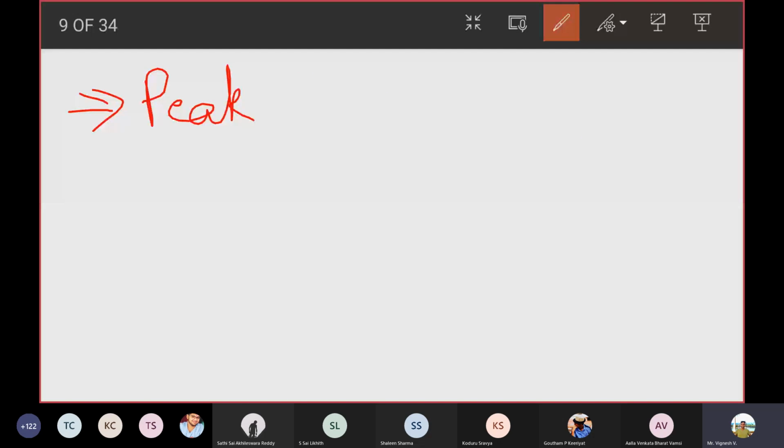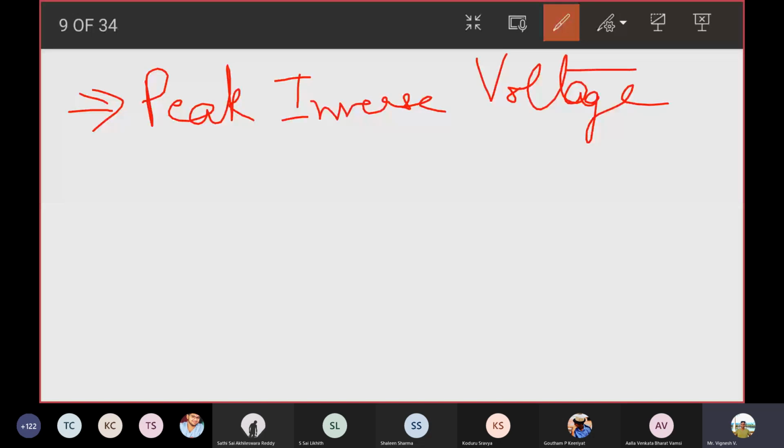We'll look at why we are looking at all these parameters. Whenever I say these parameters are important, of course we have to look at the importance of each parameter and how it is affecting your circuit. Peak inverse voltage: since you're using a diode in the circuit,